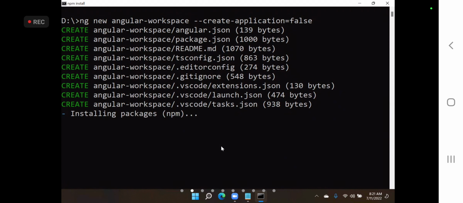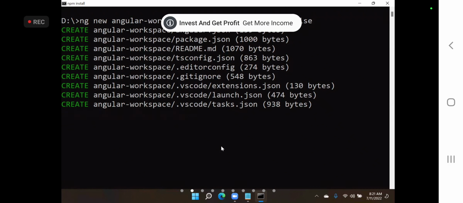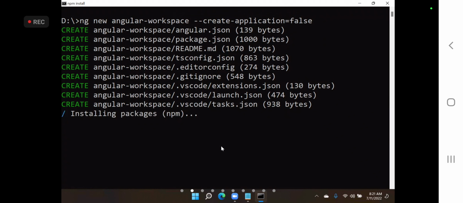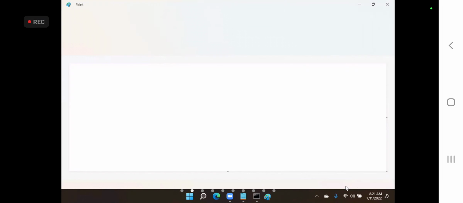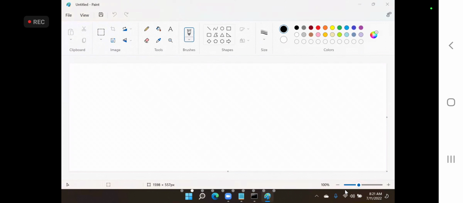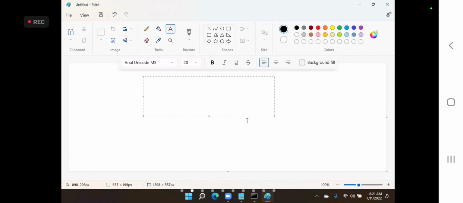That means this is by using commands. When you use a command, it automatically generates everything you need. Technically, we call this concept scaffolding.